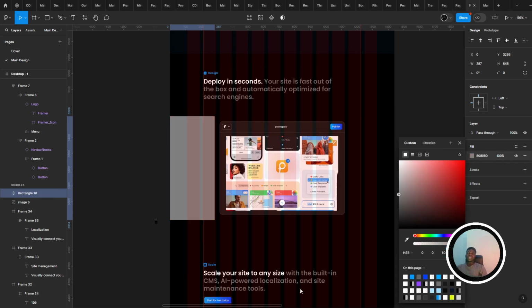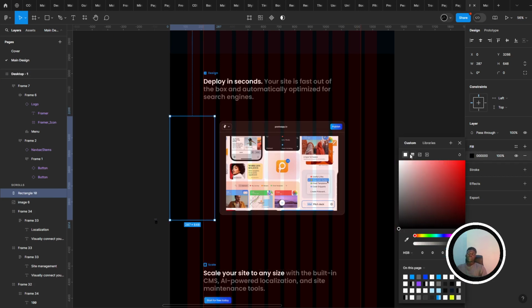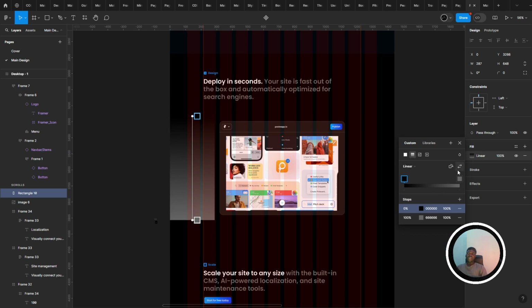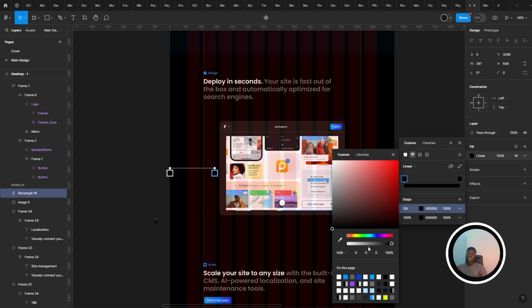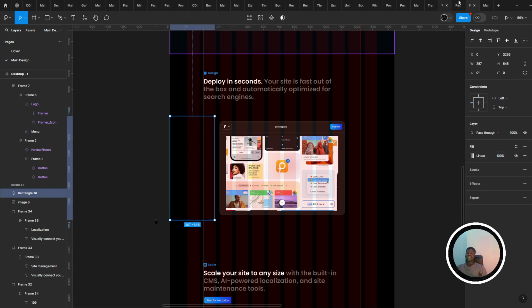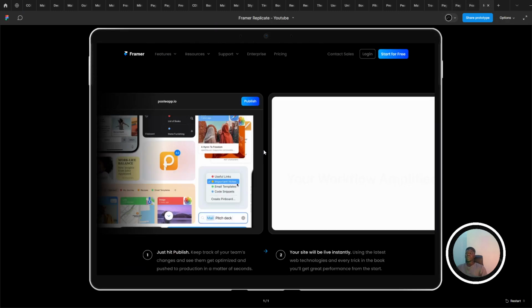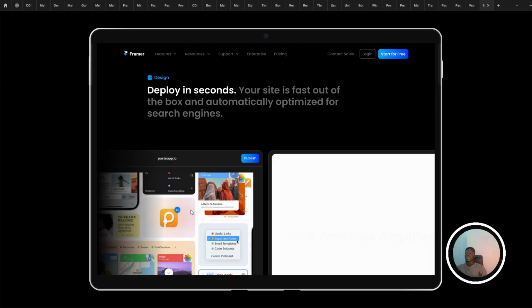Make it 100% black. It's going to have a gradient. Gradient is going to rotate like so, swap it like so, and then this guy is going to be black too, but just reduce the opacity for both places. So that way, watch what happens. See,